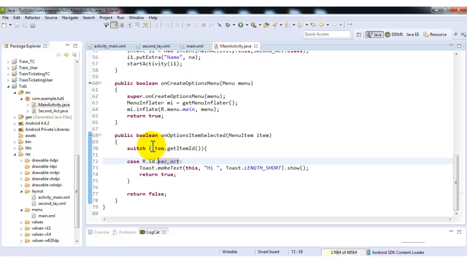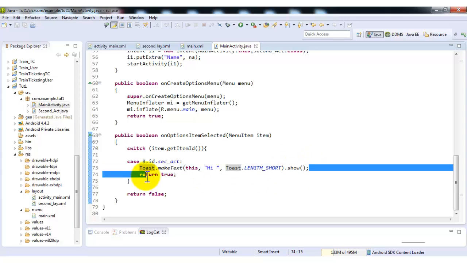So here I have used switch case and used this ID to detect if the particular menu is clicked, and I have created a toast over here. When the menu is clicked, this toast would be shown. Here I wrote hi, I can just say menu clicked,